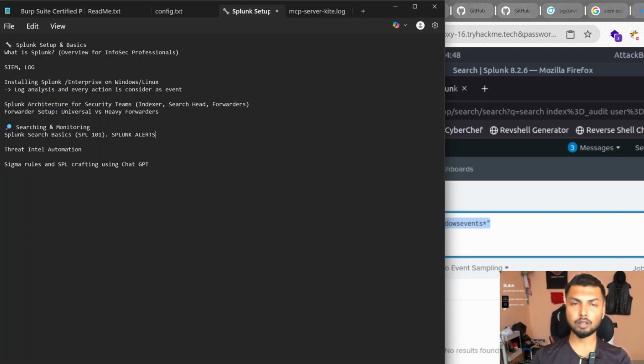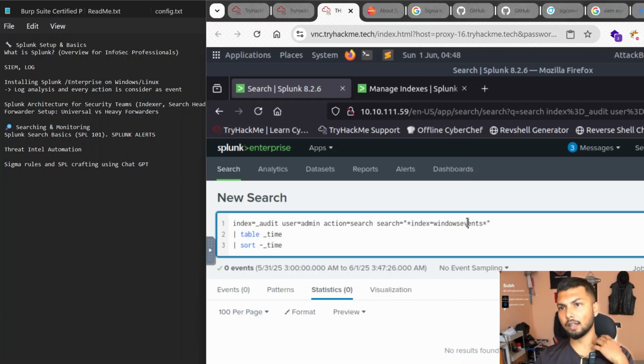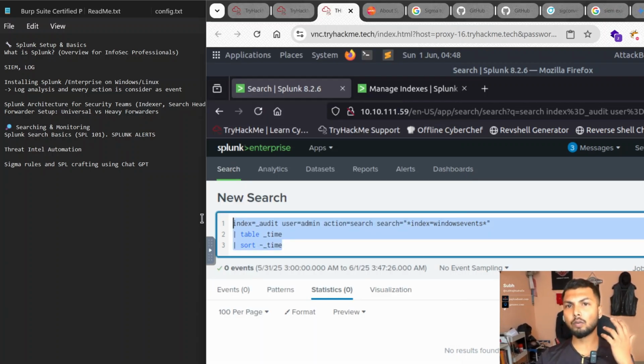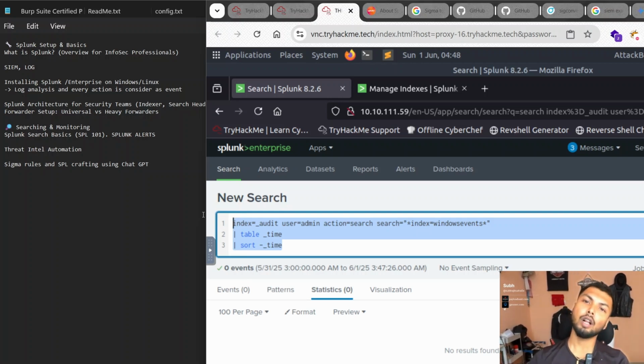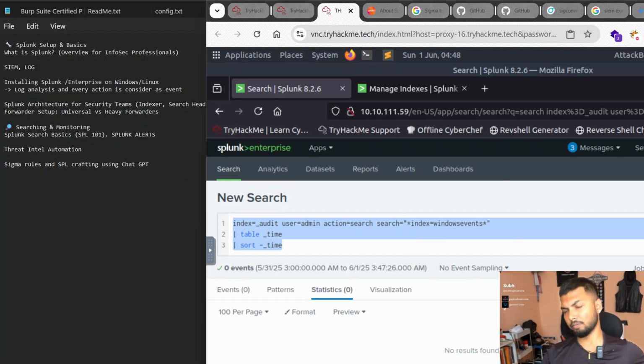We have looked into what Splunk alerts are and how we can create alerts. Now that we understand what SPL is, let's jump into threat intel automation and how we can create it. So the alerts that we are going to save here as an alert option,